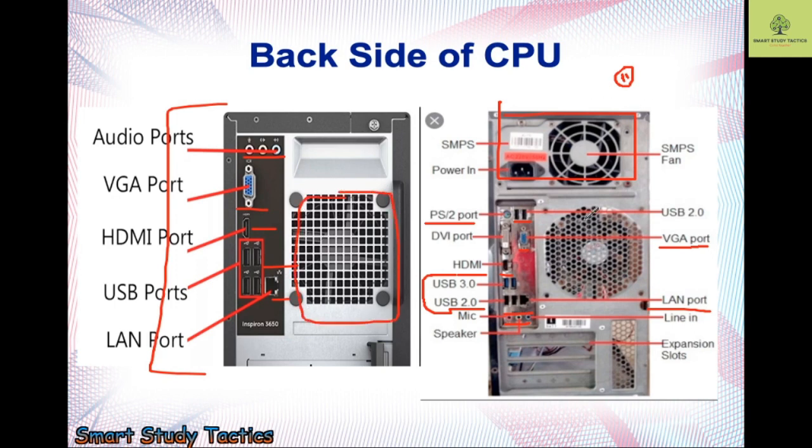Okay, this fan is going to maintain the heat of the whole CPU cabinet system. This fan is going to control the heat of the power supply system. This fan is going to control the heat of the whole system, and the one which I showed you in the beginning on the top of the processor is going to control the heat of the processor only. So make sure of it. Okay, these are called the ventilators.